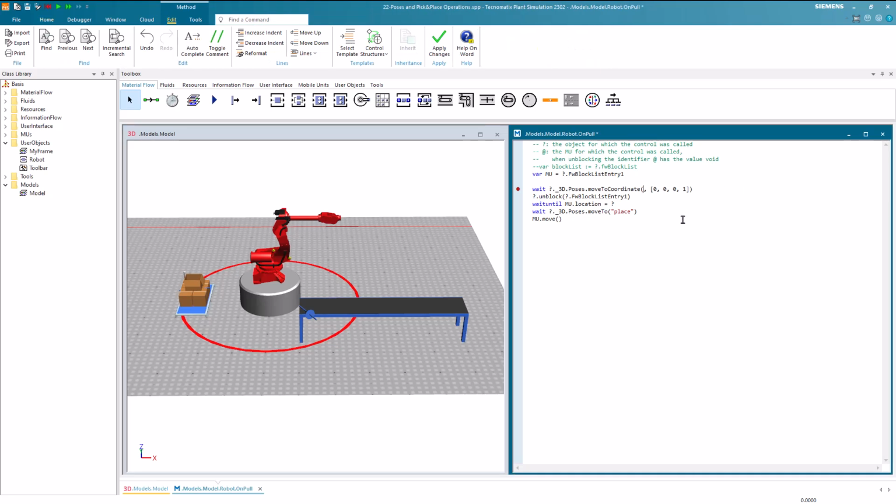To resolve this discrepancy, we can use the getPositionOfObject method. This method will determine the position relatively to the caller of the method, which in our case is the robot. To do so, we create a variable named pickPosition.